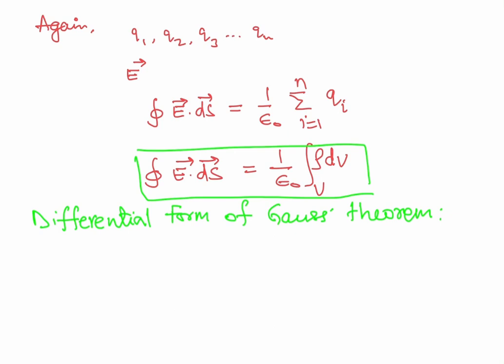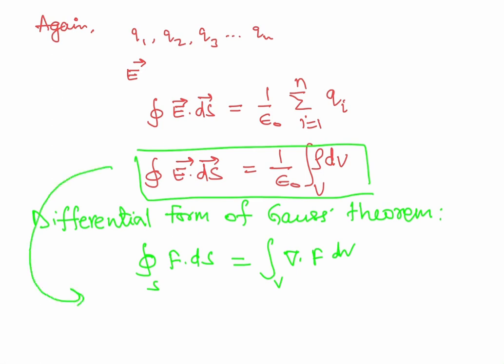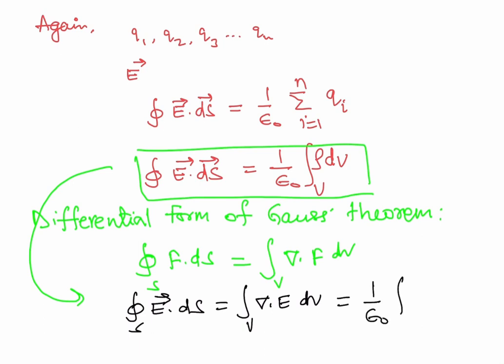Now the differential form of Gauss's theorem can be obtained by using the Gauss divergence theorem, which states that the surface integral for any field f over surface S can be written in terms of the volume integral of the divergence of that vector field enclosing volume V. So using this Gauss divergence theorem, we can get this surface integral E dot ds is equal to the volume integral of divergence of E dv is equal to 1 by epsilon naught volume integral rho dv,